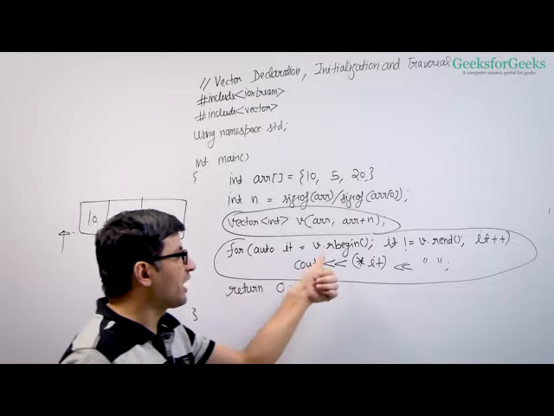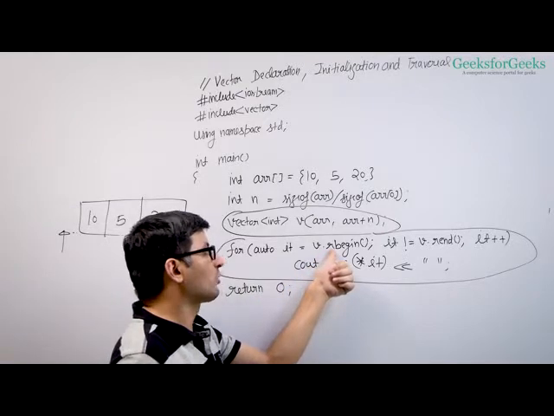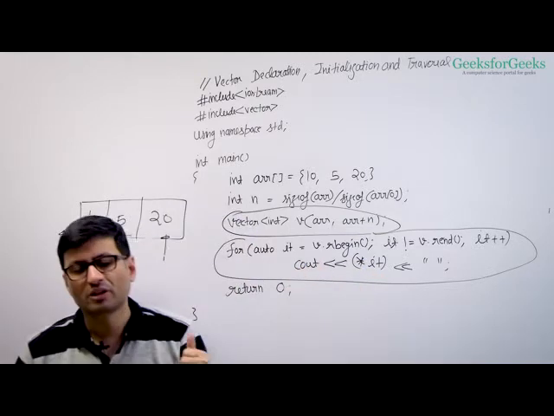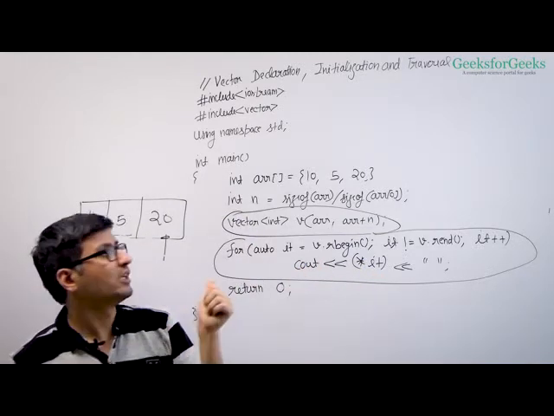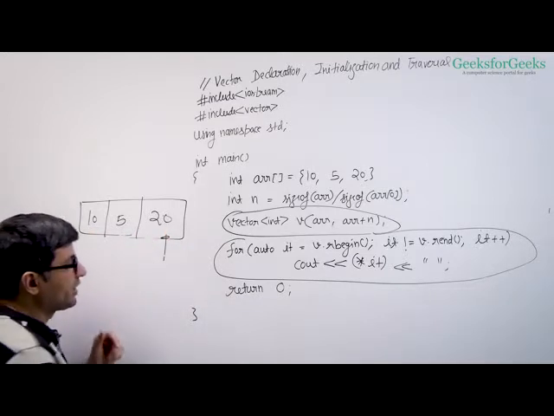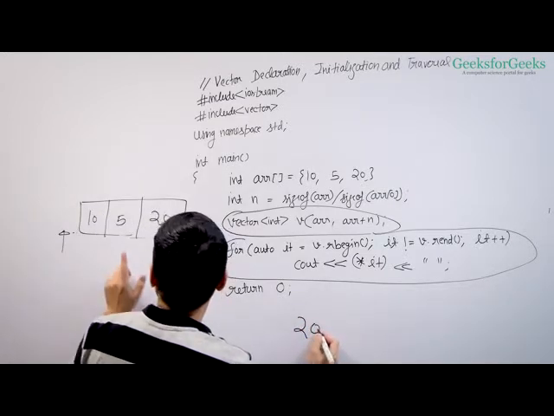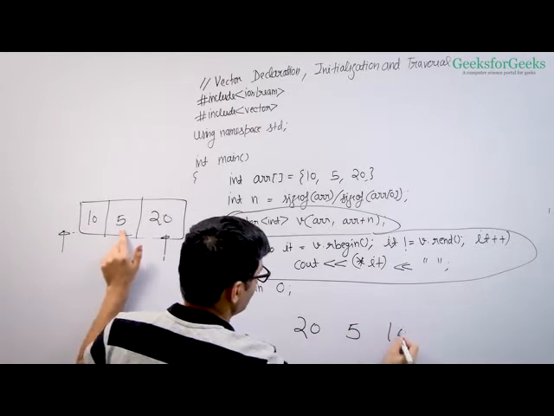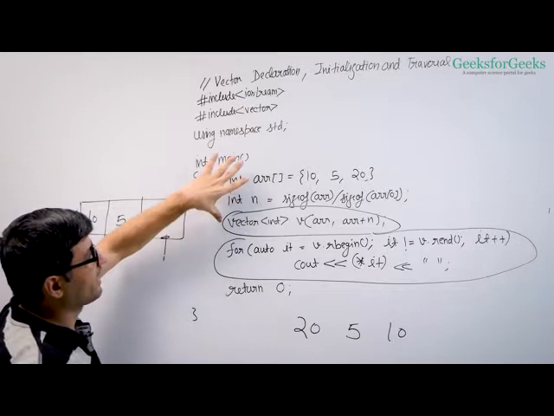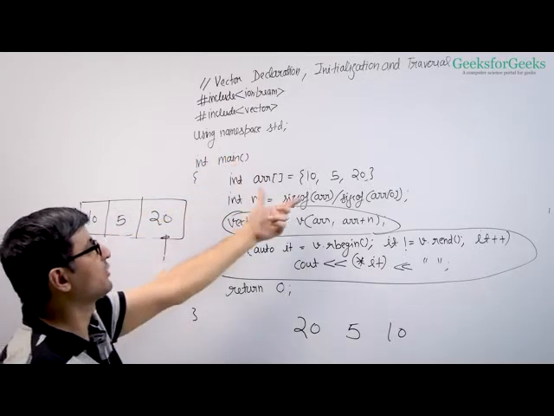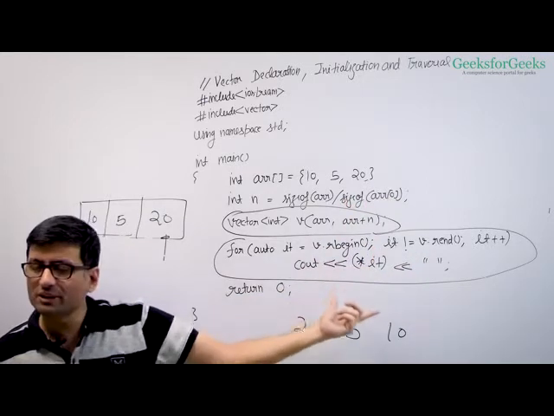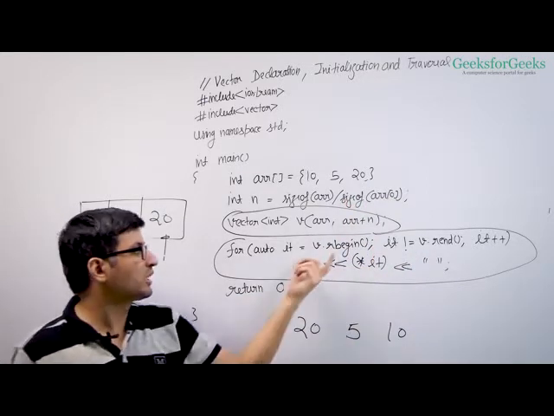And this iterator is not a normal iterator which is returned by these functions. It is a reverse iterator. So if you do it++, it moves in the reverse direction. So what happens? You get the 20 first as an output, then you get 5, and then you get 10. So here we have learned one more way of creating a vector from another container. Here we considered simply another array as a container, and we traverse the vector in reverse direction using rbegin